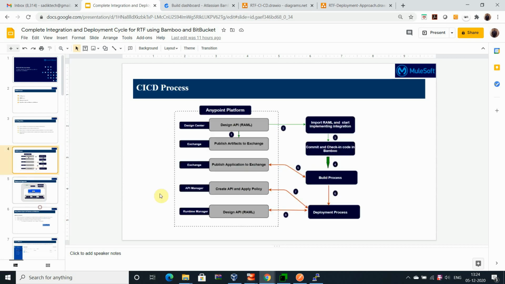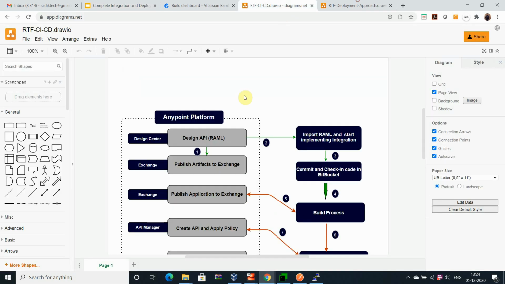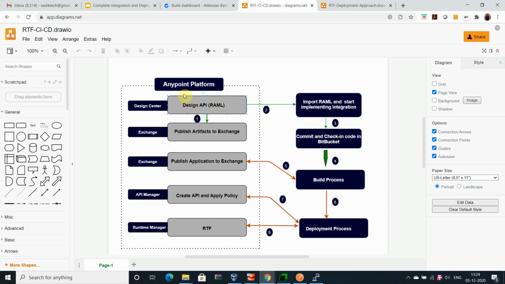Okay, so the actual process is here. Let me open it. You can see the CI/CD process here. This is what we usually follow while designing the API in the Anypoint platform. In the platform, once we design the RAML, we publish into the Exchange.